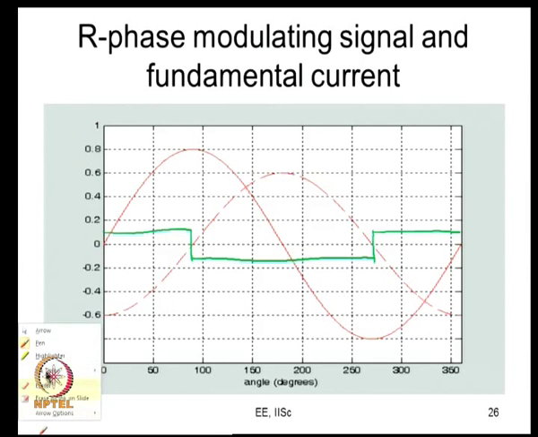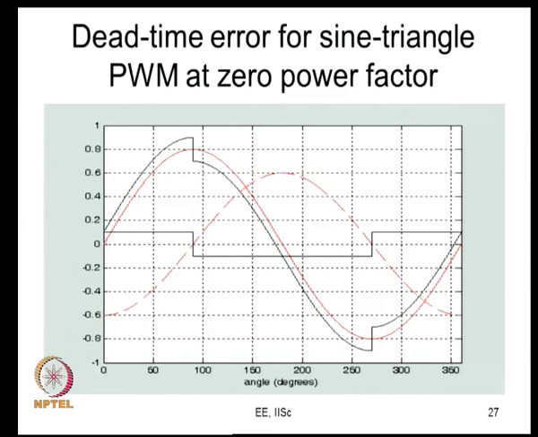So, this is the kind of error voltage that will be seen in the output. This fellow, the modulating signal, is supposed to give you the ideal one, and on top of it there is going to be an error voltage like this. Which is what I have tried to show in the next figure. So, this is error voltage. It may not be so high. I have shown it as some 0.1 per unit, where your fundamental voltage is like 0.8 per unit. It depends on how high is your dead time and how high is your switching frequency. If the switching frequency is very high, this might become significant, but still may not be. I have shown it slightly exaggerated at 0.1 pu, it may be lower than that.